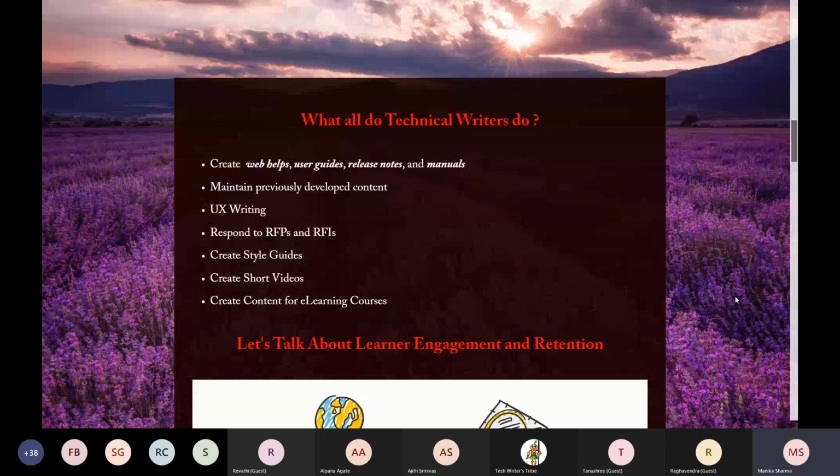But if we talk about the trends and the various jobs or activities that are mostly performed by technical writers, be it in India or outside India or anywhere in the world for that matter, we see that you're mostly involved in creating web helps, user guides, release notes, as well as manuals. So this list is not exhaustive, and there are definitely a lot more things that we as technical writers do